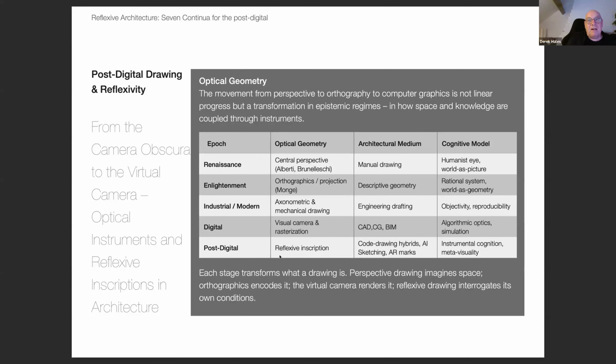But there are, or we could think of there being, a series of epochs through which this optical geometric idea has kind of moved and shifted, from the Renaissance and the origin of perspective through orthographic projection into axonometry and mechanical drawing,